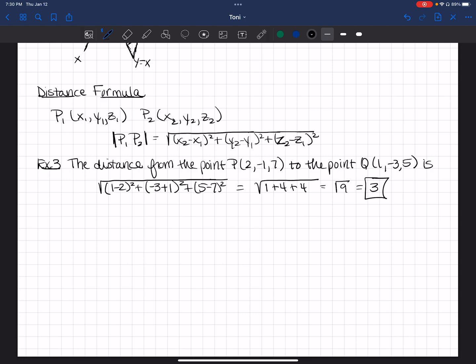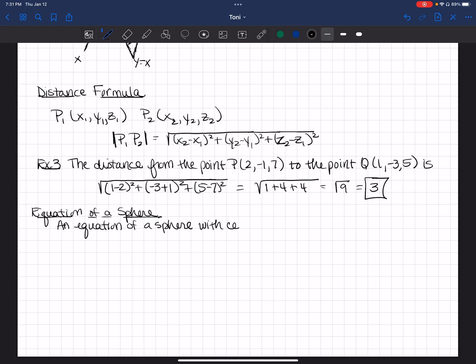Okay, I'm going to skip example 4. In example 4, you're proving the equation of a sphere, and I'm just going to give you the equation of the sphere. So I've got the equation of a sphere, and then we get a little definition, an equation of a sphere